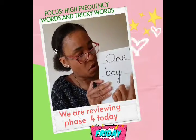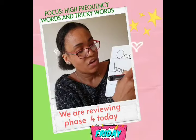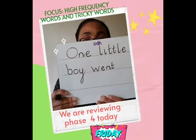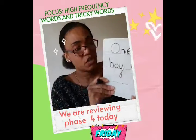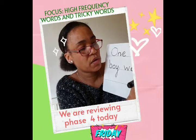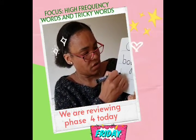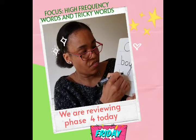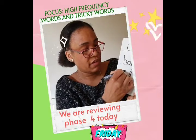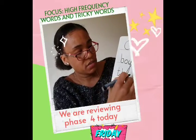finger space, went, w, e, n, t. Got a consonant cluster there. One little boy went to, it's another tricky word. Sounds like it ends with a double o, two O's, but it's one O. Went to the, we've got lots of tricky words in this sentence. The is a t, h and an e. So the tricky part in the word is the e. One little boy went to the